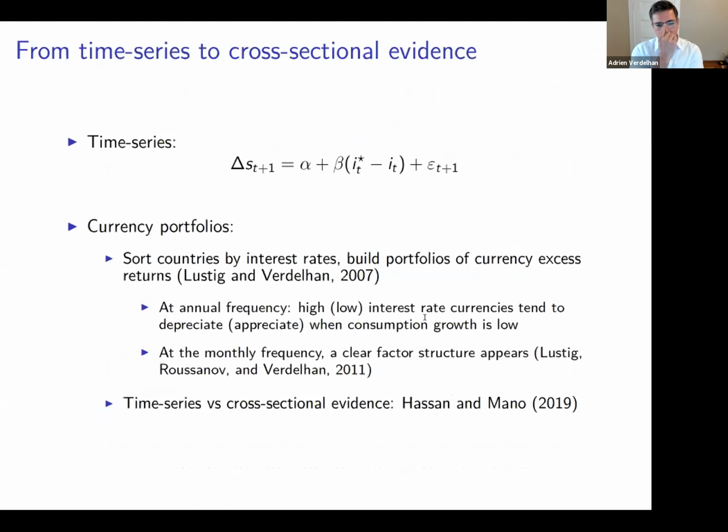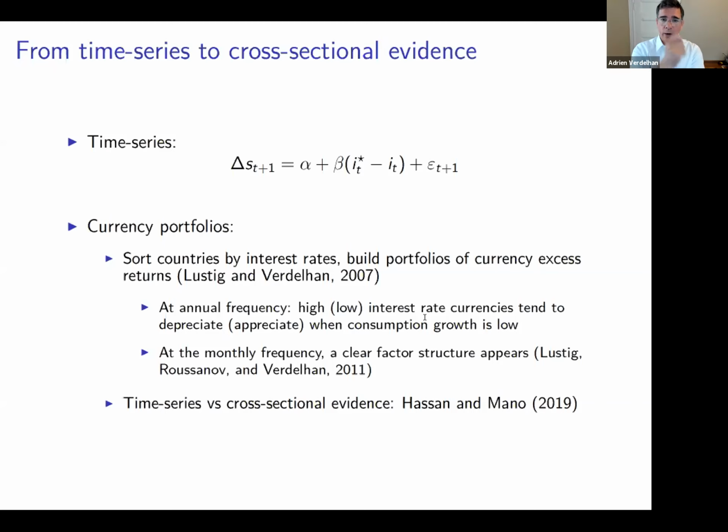And so the way I'm going to try to show you that is going back to what we did with Hanno a long time ago, and with Nick too. We just built portfolios of currency excess returns. So I said the object of interest is still a simple currency excess return. You borrow at home at the risk-free rate, you invest abroad at the risk-free rate, you take on the exchange rate risk, and study the properties of those excess returns.